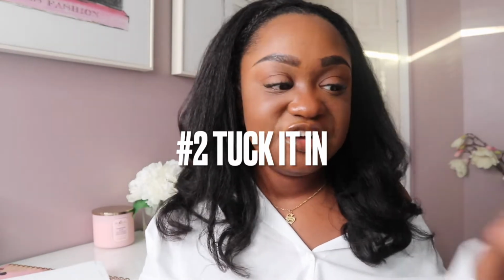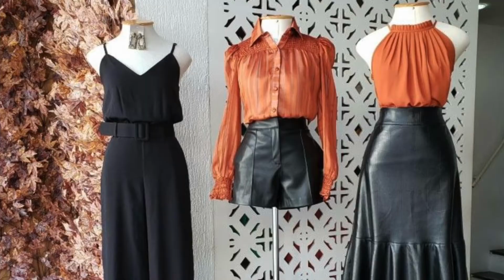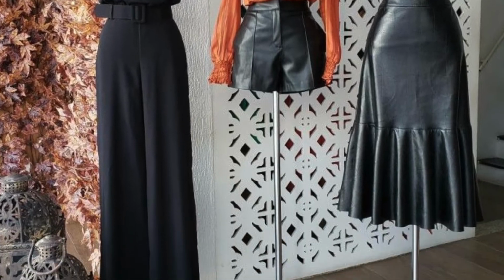Tip #2 for you is to tuck in your shirts. Unless it's a big oversized shirt, the best thing that you can do for yourself is to tuck in your shirt. Another thing too, if you're wearing something structured towards the bottom half, like jeans, a leather skirt, or maybe a skirt with a belt on it, or a wrap skirt,